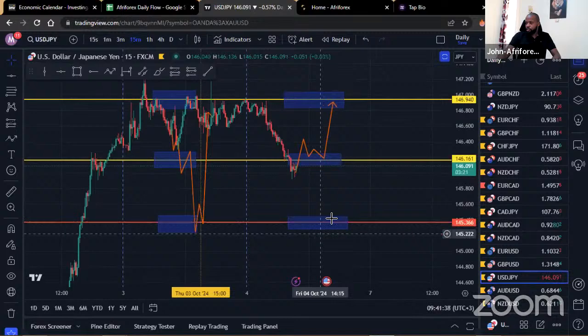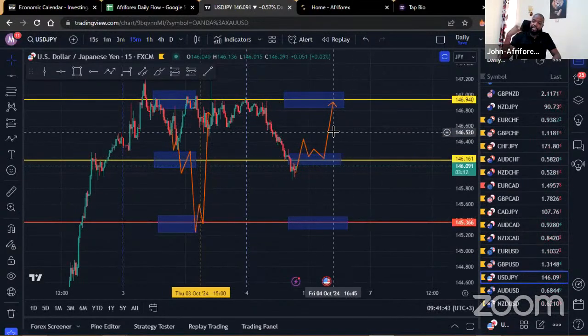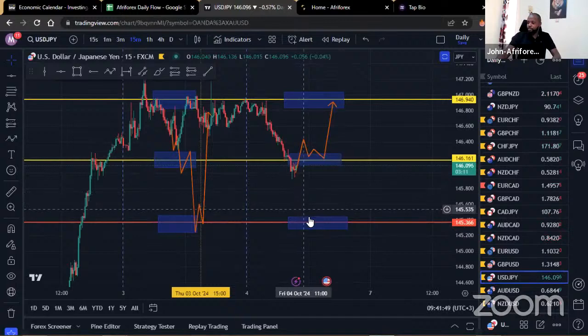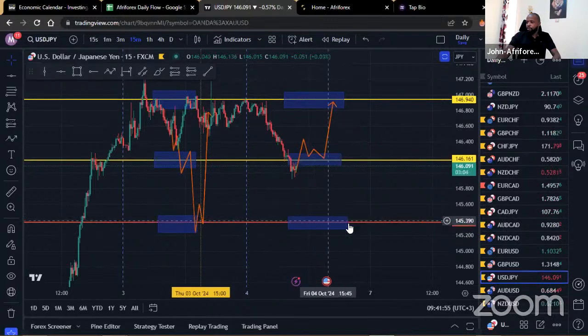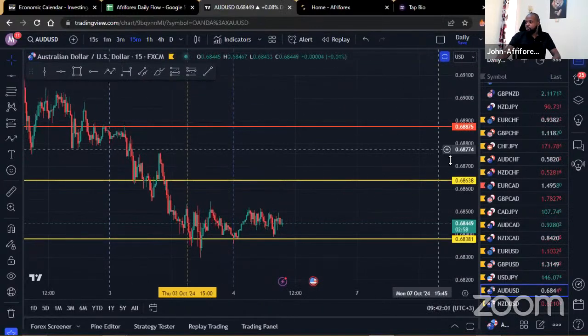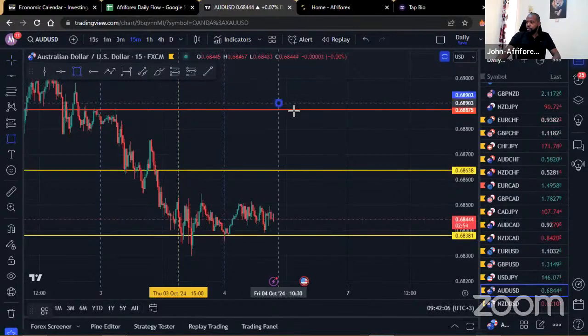So also watch out for this region here. Remember, what I've illustrated here is just in case the buyers do show up within that area. In case they decide that price is not good enough and they do need the price to come in lower, then you still could find the market coming back within this region, which is more or less the same area that we were watching out for yesterday. So hopefully you have taken note of that and what the game plan is going to be looking like on that one. So the next one, this is the Australian dollar against the US dollar.